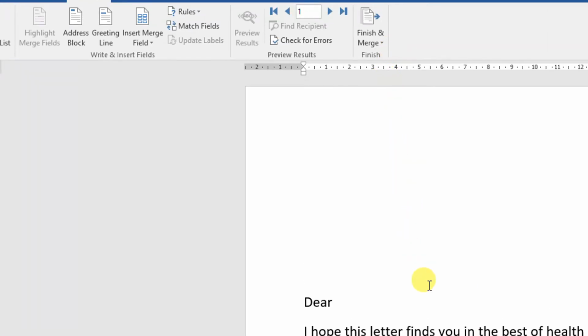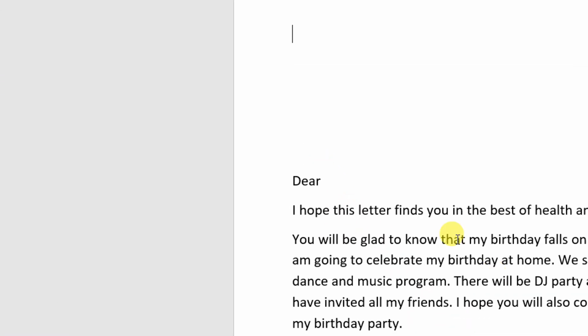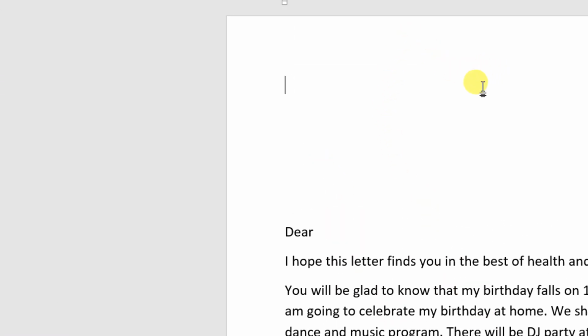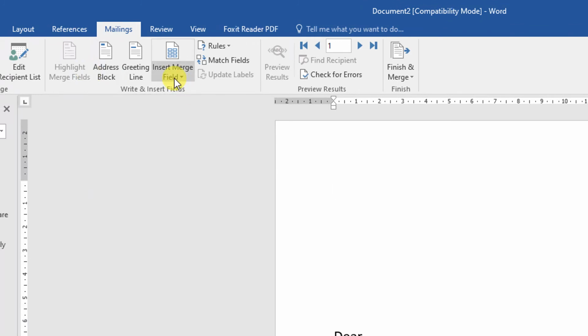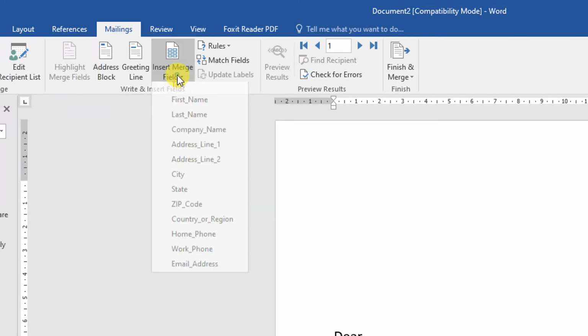Now in the address list, in the various fields we have entered the data. So we will now place the cursor on the document where we want that field to appear. Suppose we want to display the title field here. So I will place the cursor here. Then I will go to Insert Merge Field.